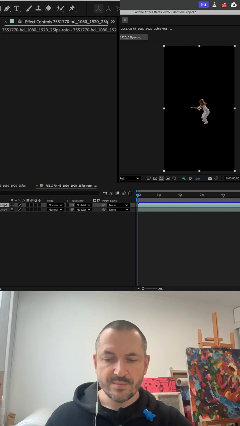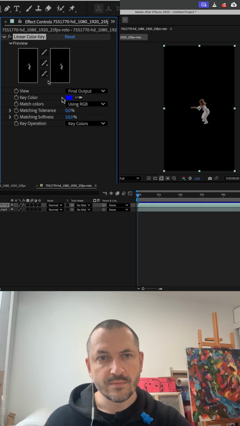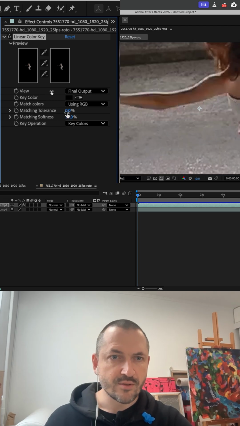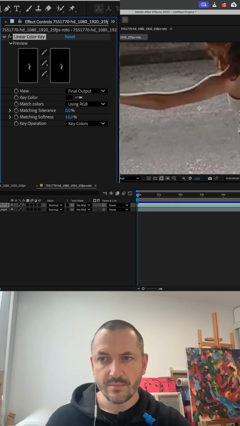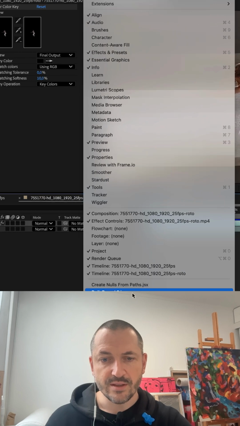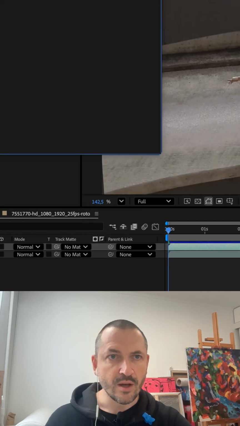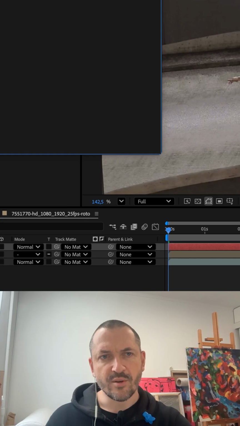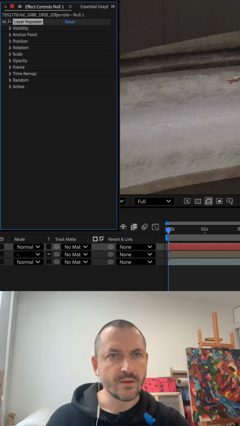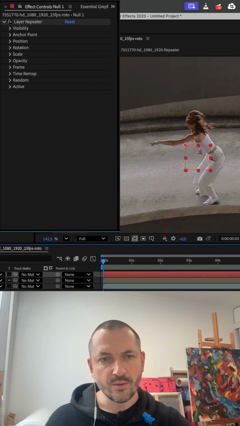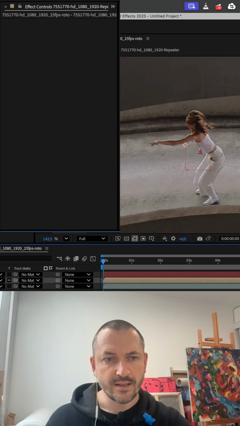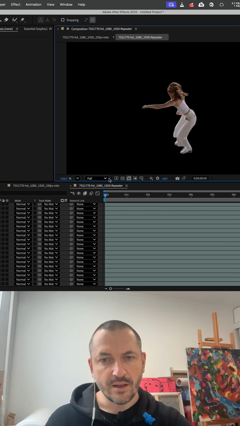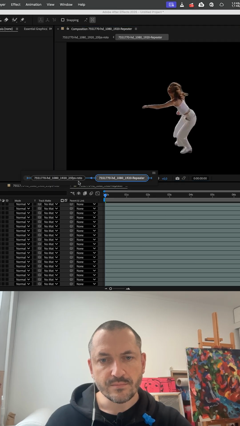Now I have this and that. Use basic linear color key to choose your color. If there is some black mask around, you can refine it by using some other tools. Then you need this script, Layer Repeater. I want to have 36 copies of it. Layer Repeater, go. What I have now: the null to control everything, and a comp with all 36 copies, and they're all cleaned. Come back.